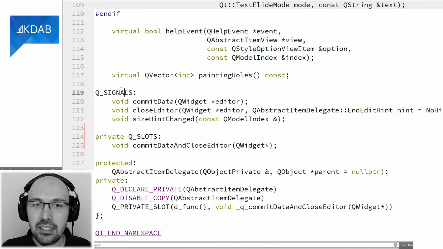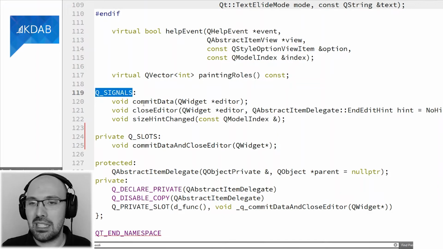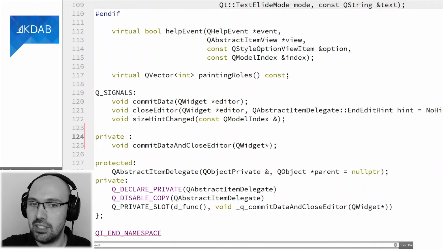When the compiler sees this, of course, it knows you cannot have this particular identifier here that defines a section called signals inside a class. So this macro has to expand to something. And indeed, in case of signals, it expands to public. In case of slots, it expands to nothing at all. So the compiler does not even see this, just public or private, and the compiler is happy.